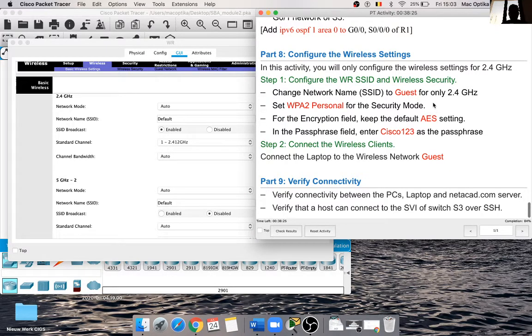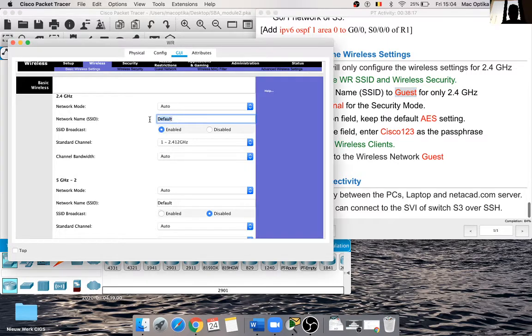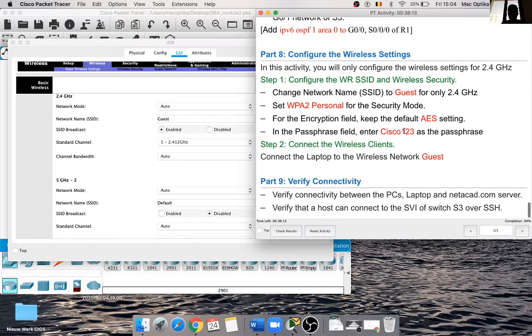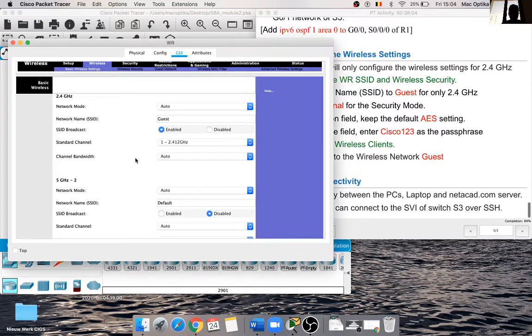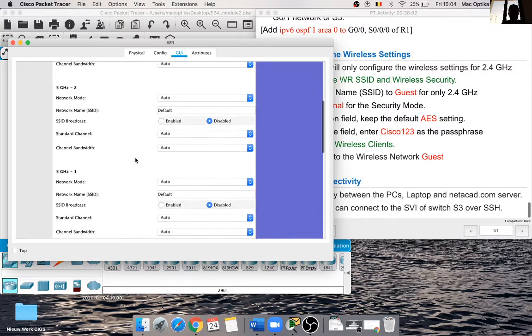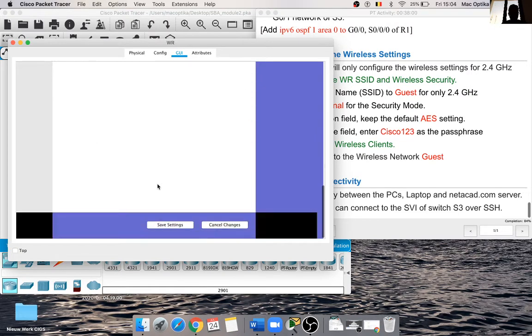Okay, SSID, the network name, you can take it as guest. Okay, okay, then set. Okay, and then guest network, and then I have to go to save it. Okay,